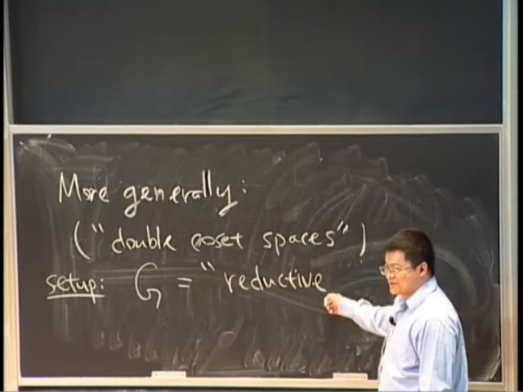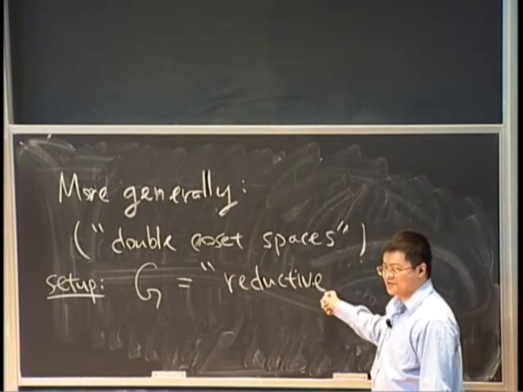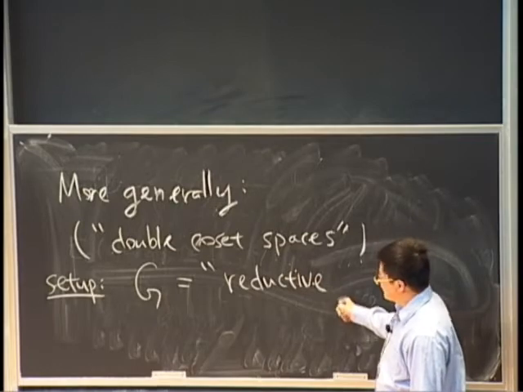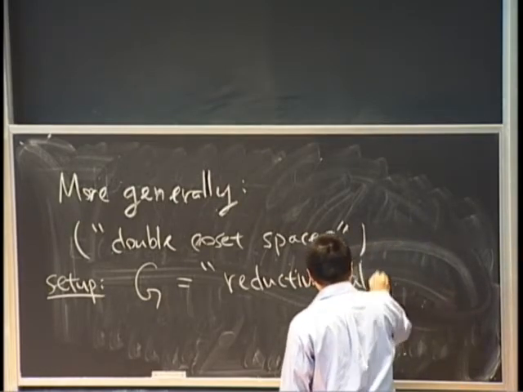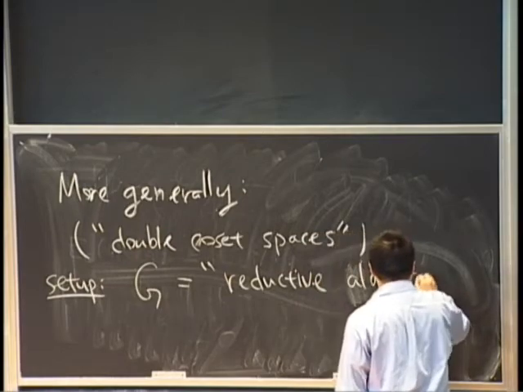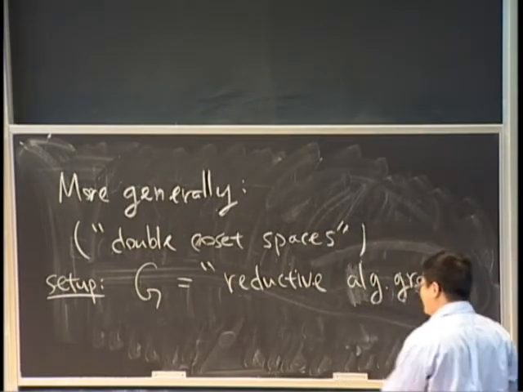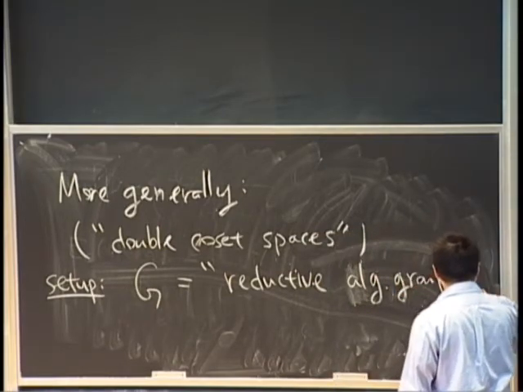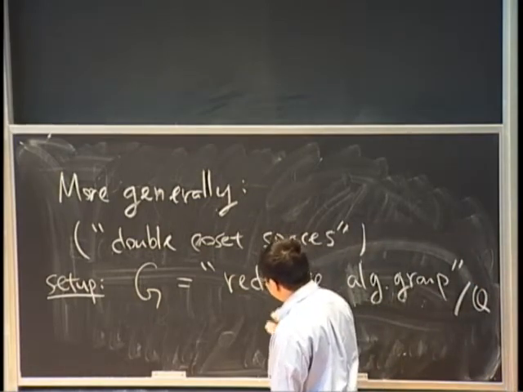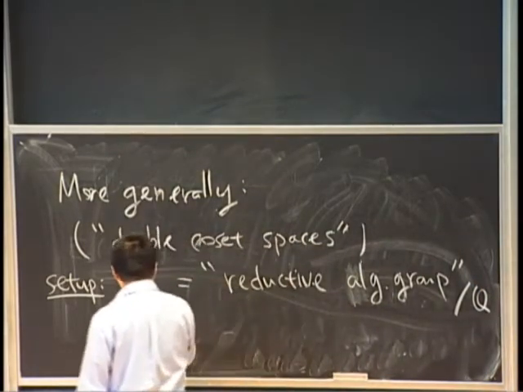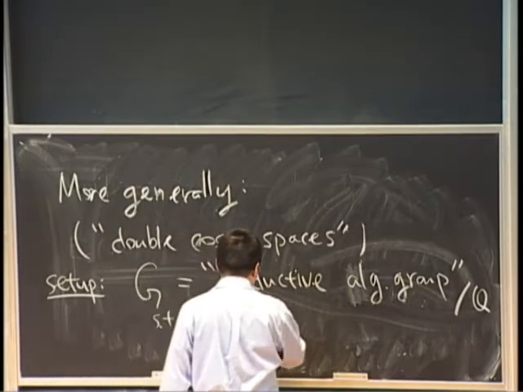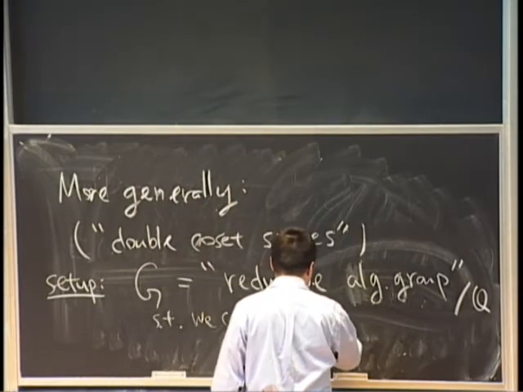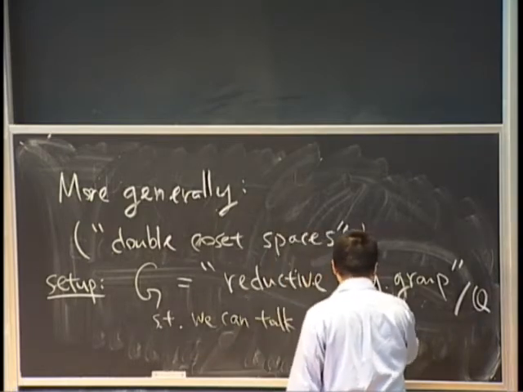So if you put reductive, I don't know which entry comes out first, but I guess the next term will pin down more, like reductive algebraic group. If you put all these in, I think you won't see very strange entries coming out over Q. But this is not exactly what we want. But anyway, let me just say that such that we can talk about the adelic points of it,